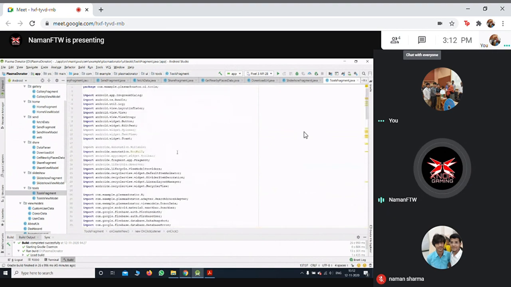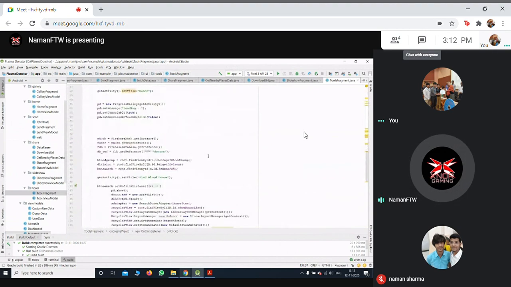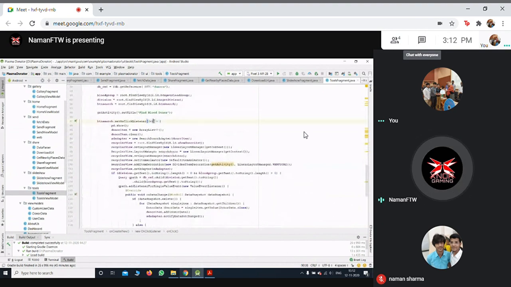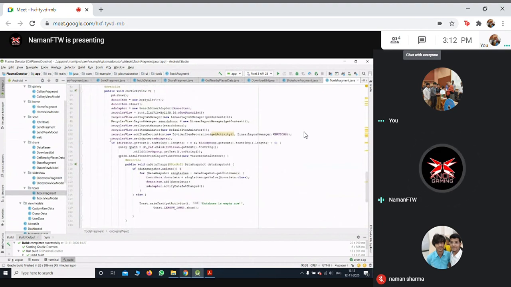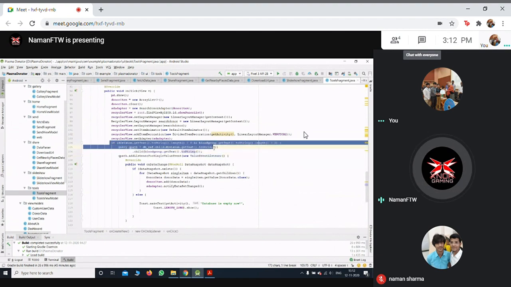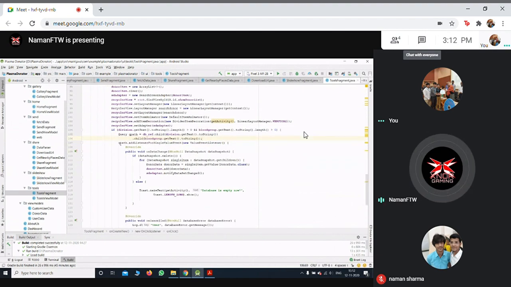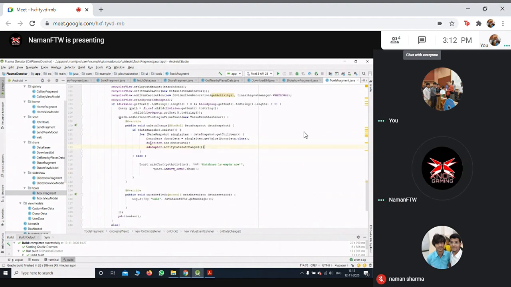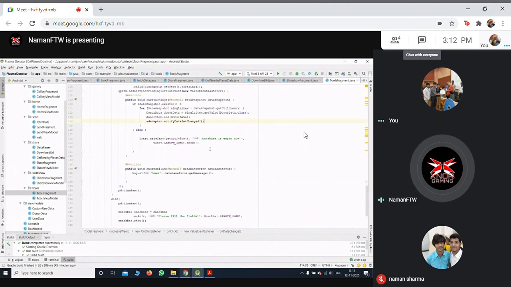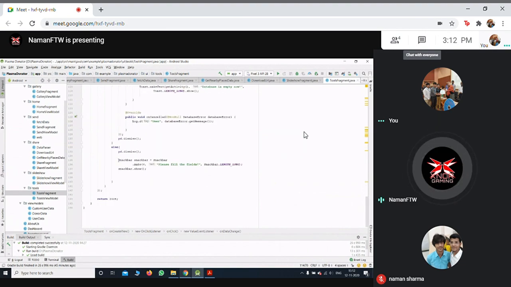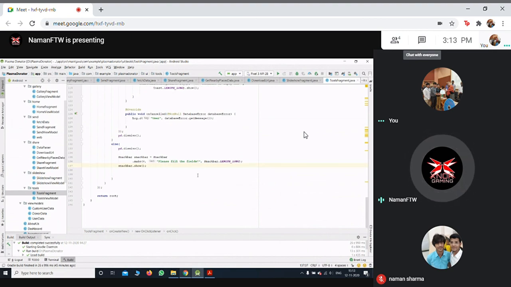And this is the donor search activity where we are searching for the donor. So when the button for the search is clicked, a query is made to the Firebase, and when the query is passed, in this activity also we are using recycler view and adapter view. So we are adding all the data in the list, and accordingly we are notifying the adapter that some changes have been made. We have also used a snack bar in this, to show any error, like if all the fields are not filled, it will show an error like please fill all the fields.